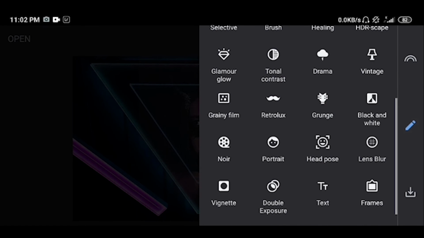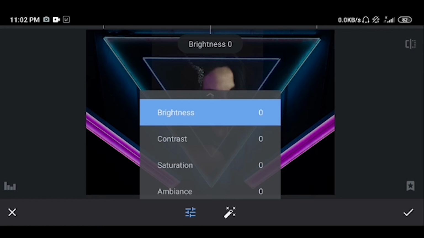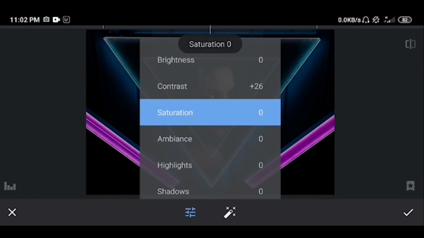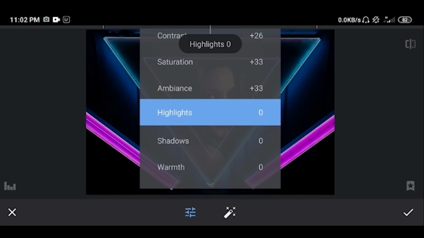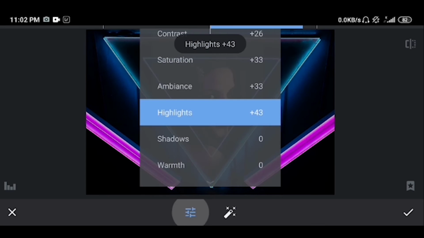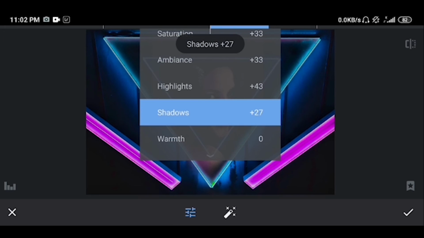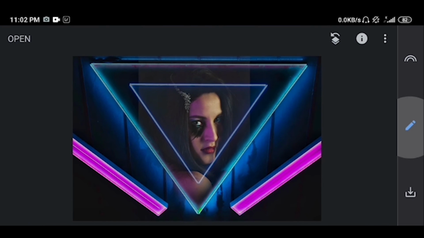Go back and again go to the menu bar and select Tune Image again and increase the contrast and also increase the saturation, also increase the ambiance, and also increase the highlights and the shadows, increase the warmth and click on OK.